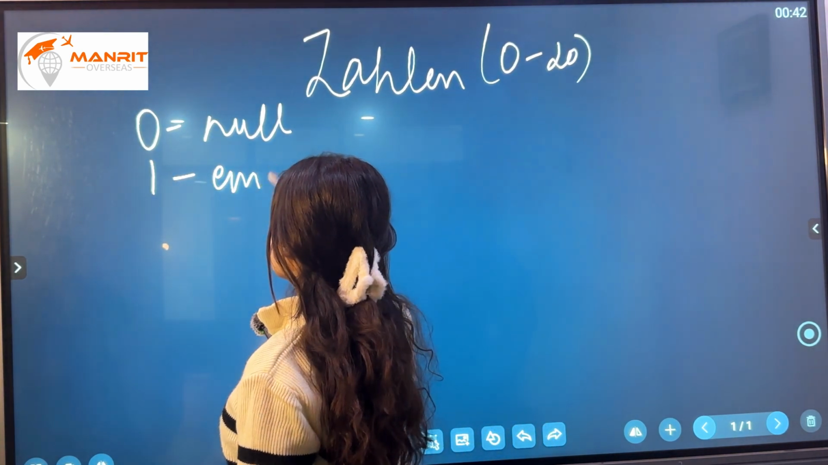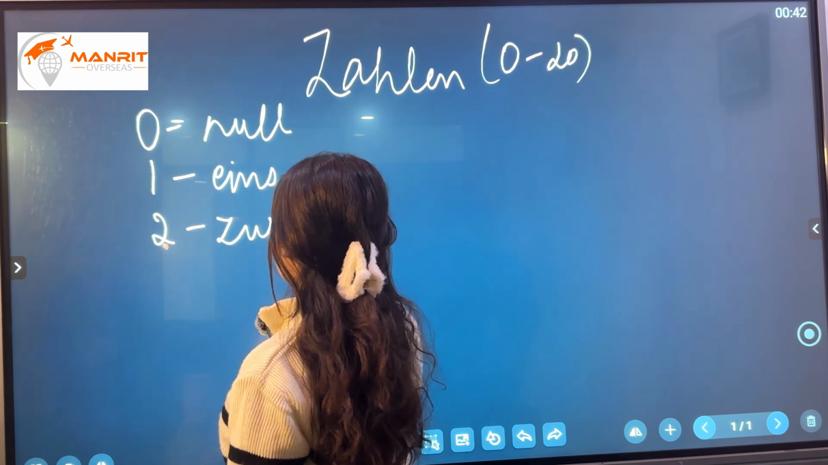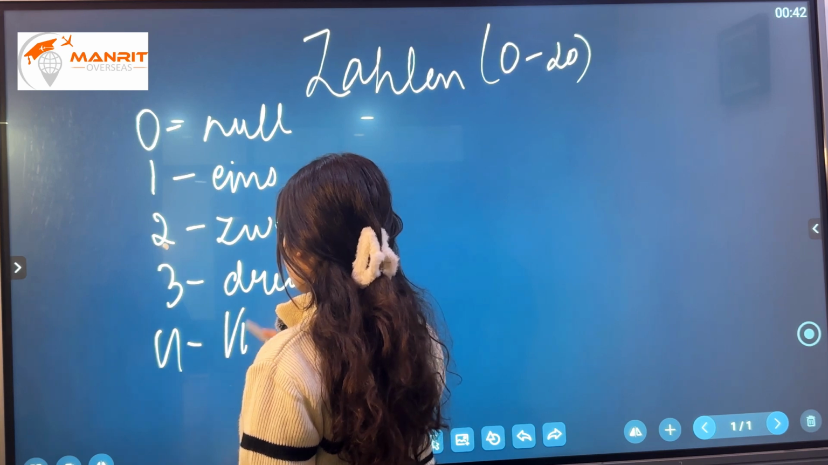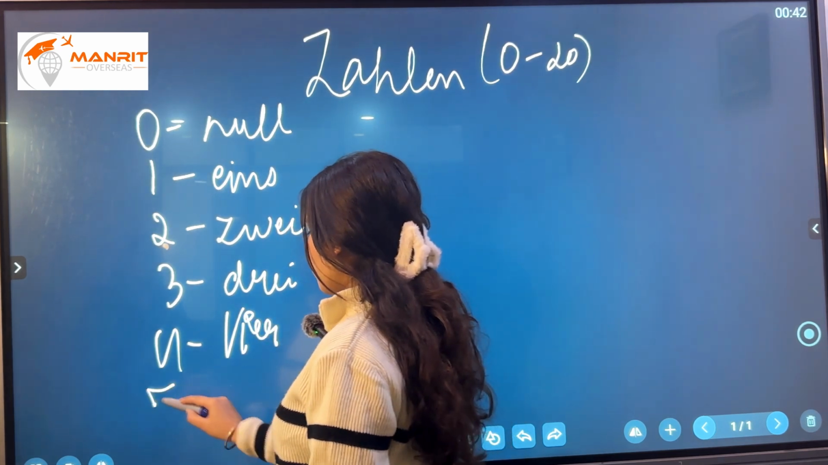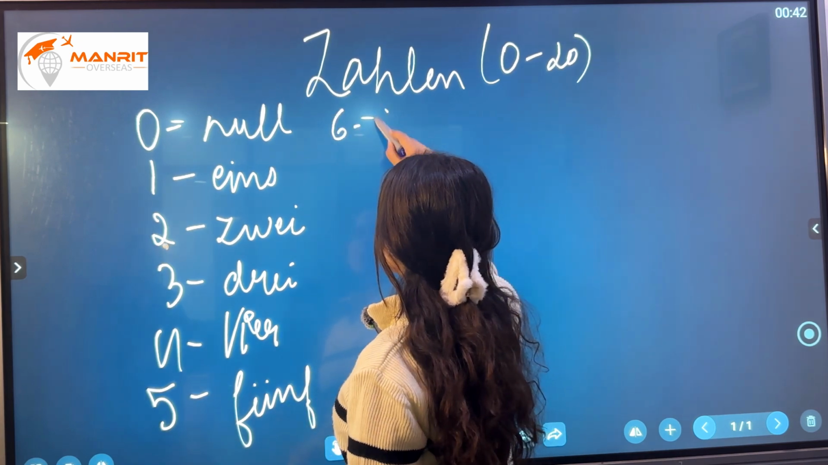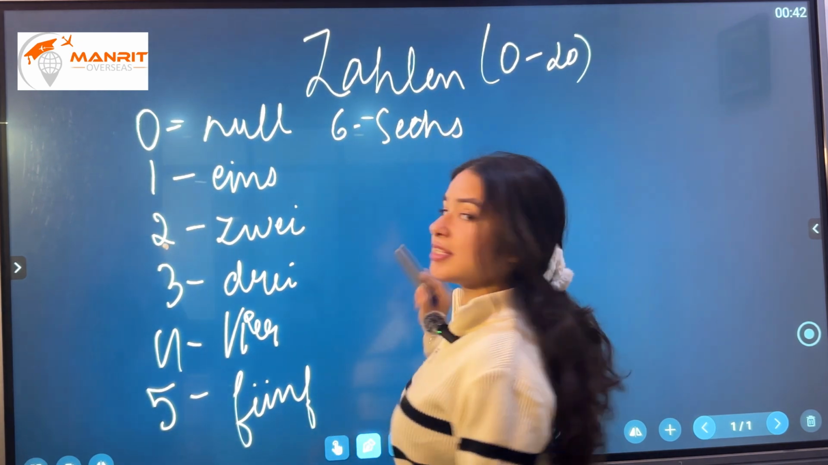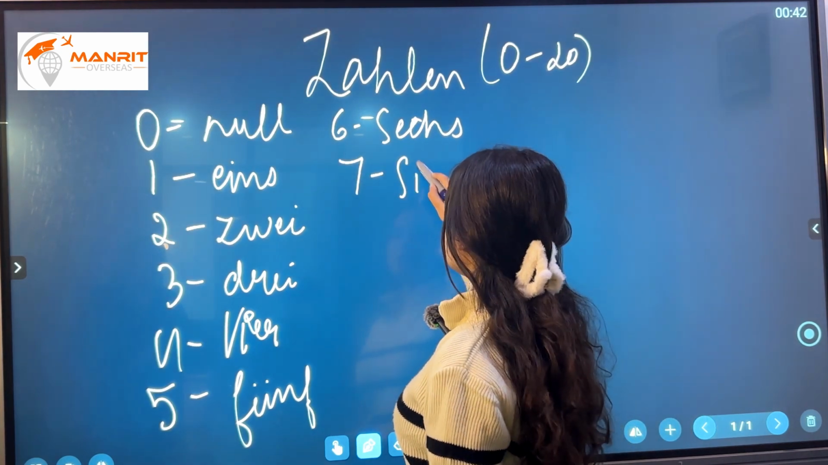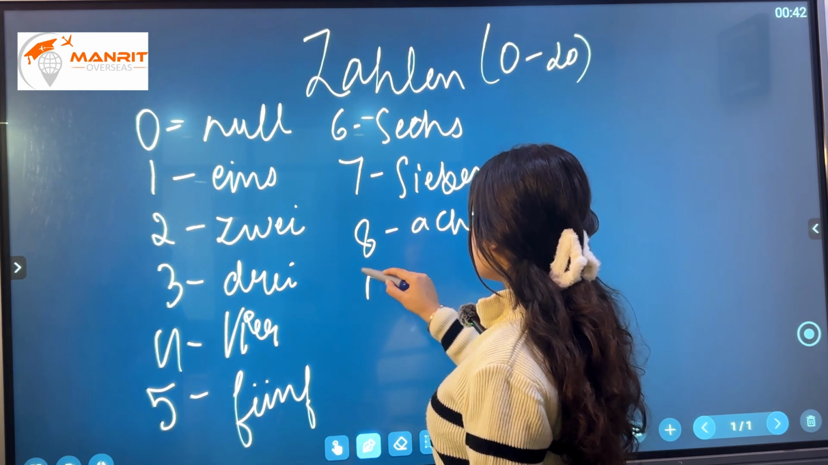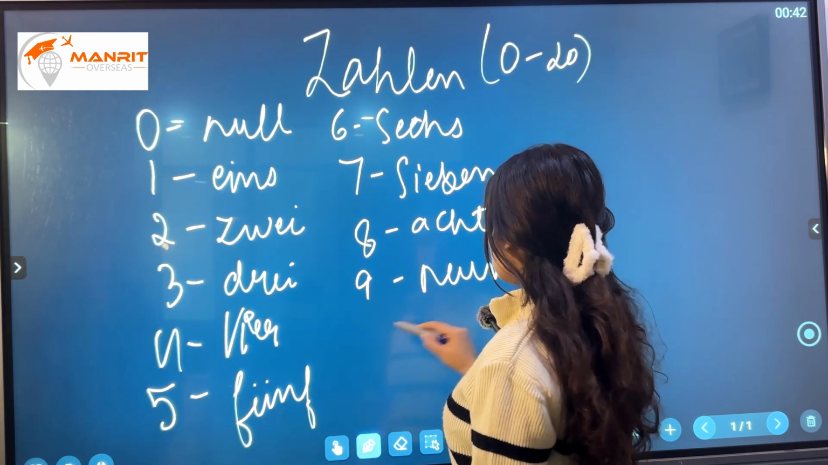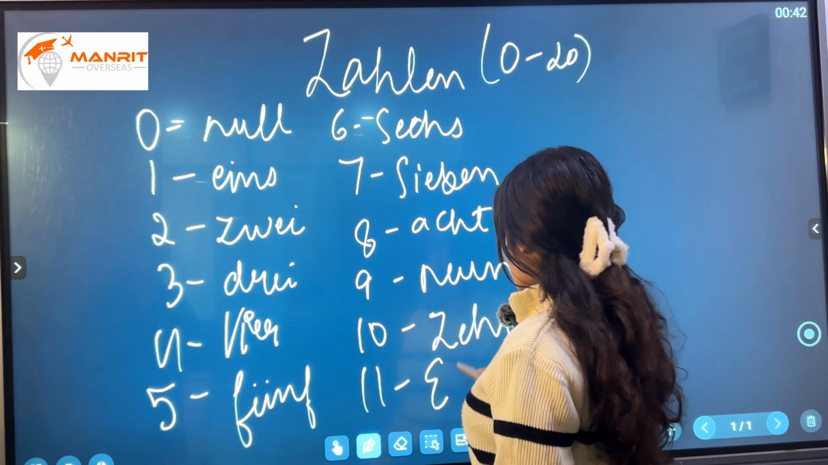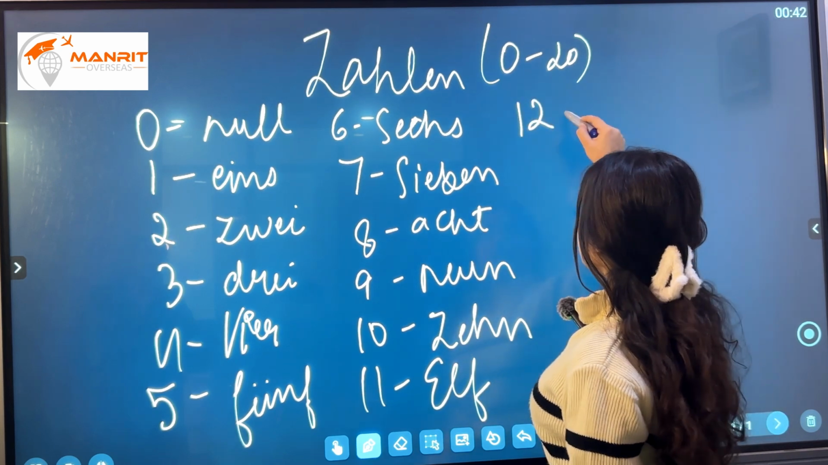1 is eins, 2 is zwei, 3 is drei, 4 is vier, 5 is fünf, 6 is sechs, 7 is sieben, 8 is acht, 9 is neun, 10 is zehn, and 11 is elf. 12 is zwölf,